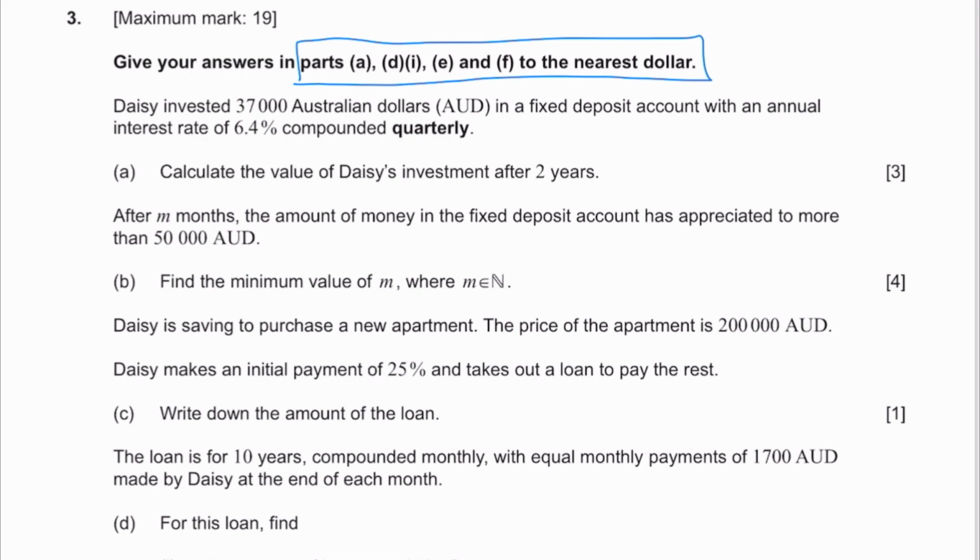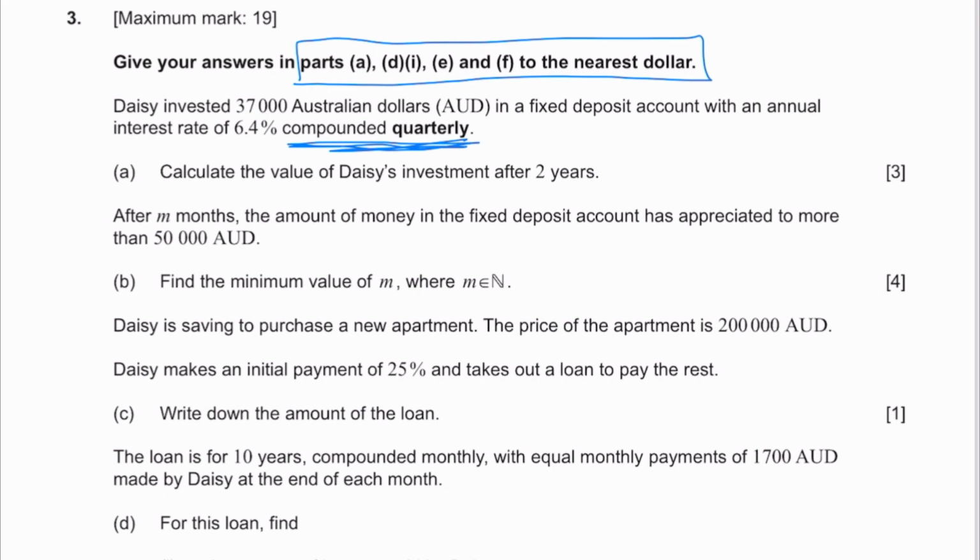Daisy invested 37,000 Australian dollars in a fixed account with an annual interest rate of 6.4% compounded quarterly. Calculate the value of Daisy's investment after 2 years. This is a compound interest problem. You can do this with the compound interest formula that is found in the formula packet, or what's even better